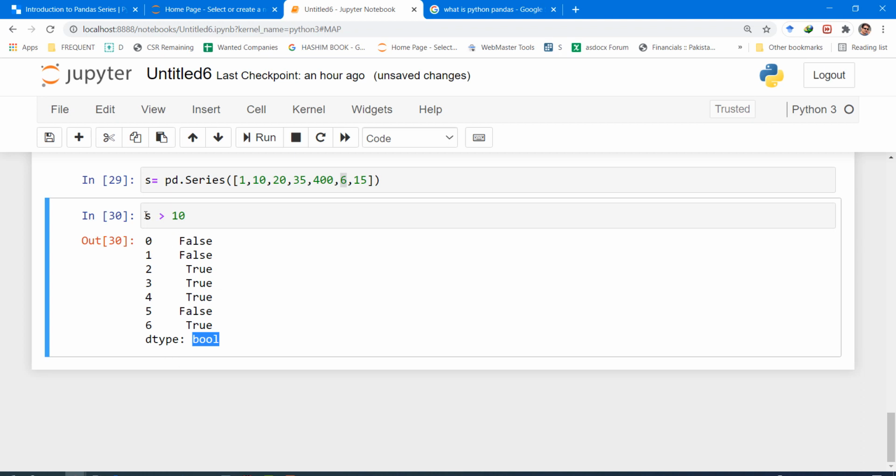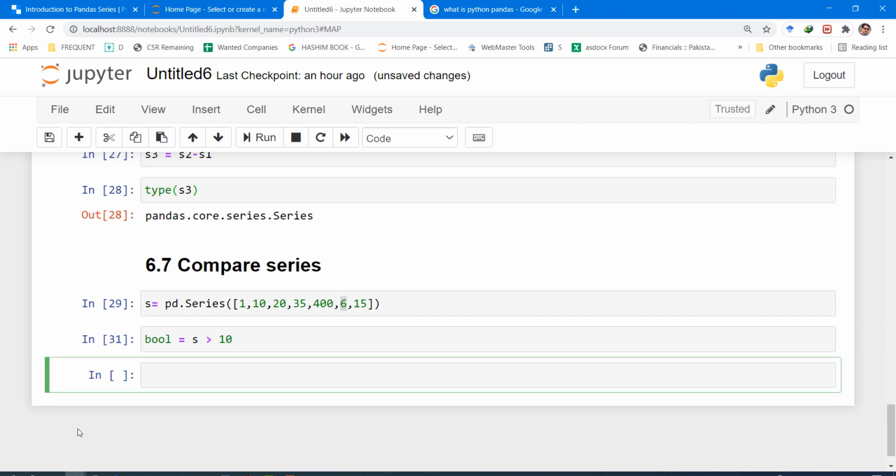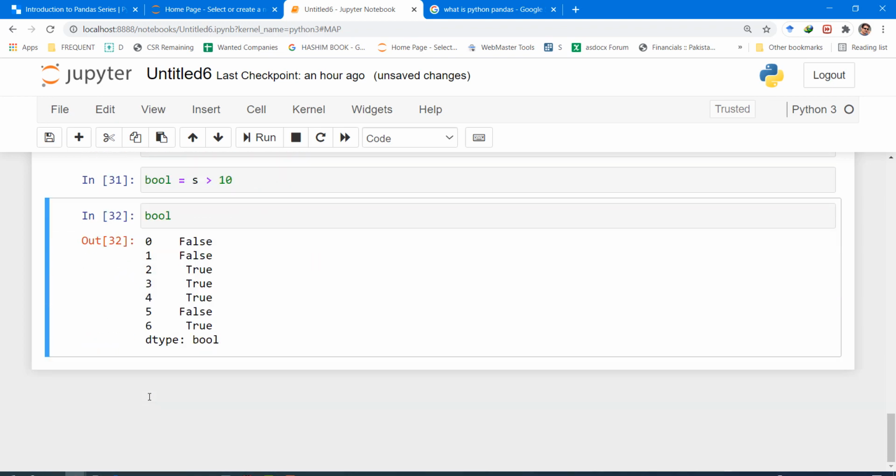Let's store this series in some variable. So let's call it bool. We stored the series in another variable that is bool, and again we can show the contents of the bool series like here.